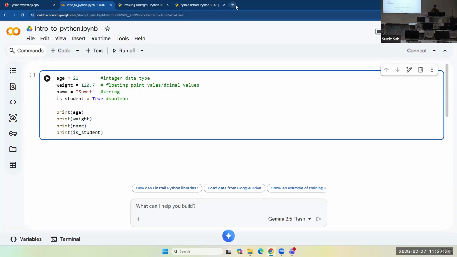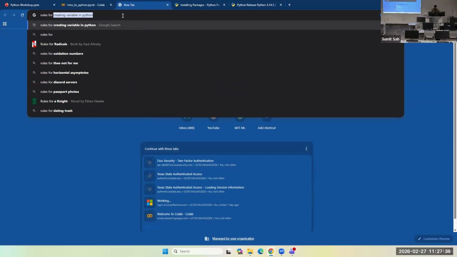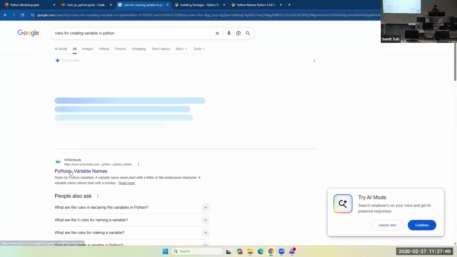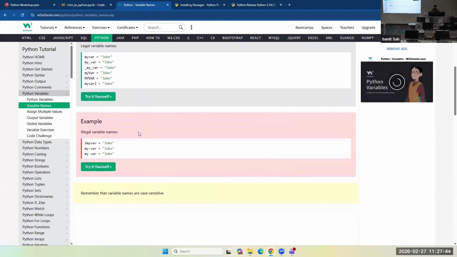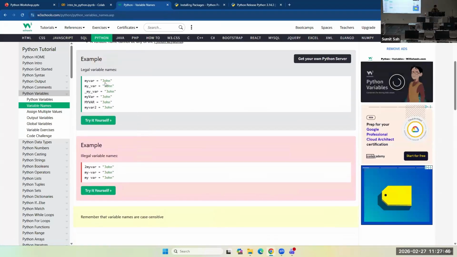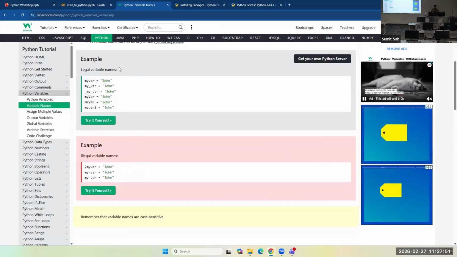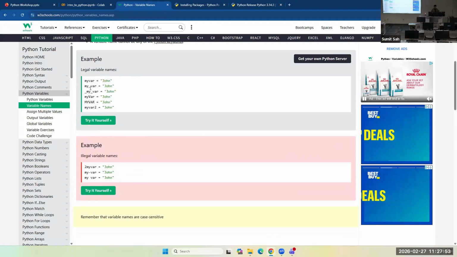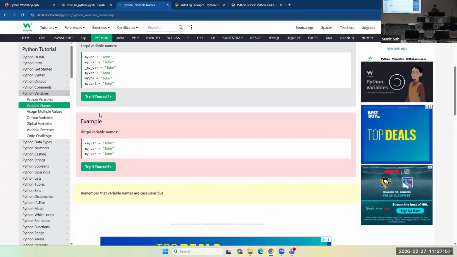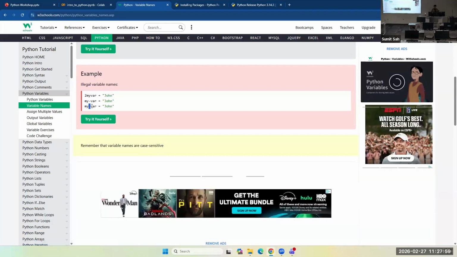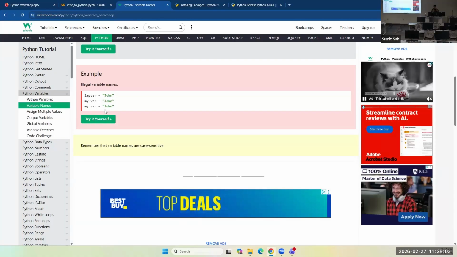And there are more rules for creating variables in Python. You can follow any tutorial, and it will show you what are legal variable names and what are illegal variable names. For example, you cannot have a space or a bar or a number at the front.